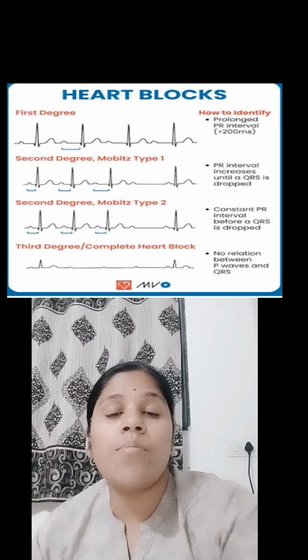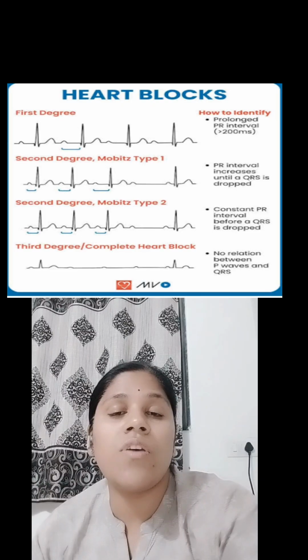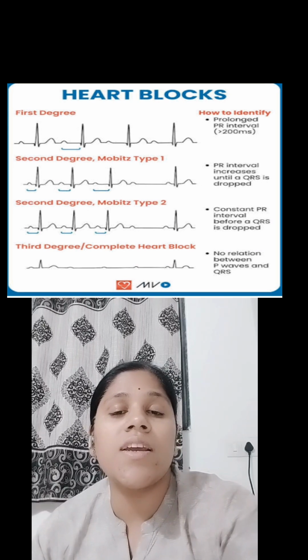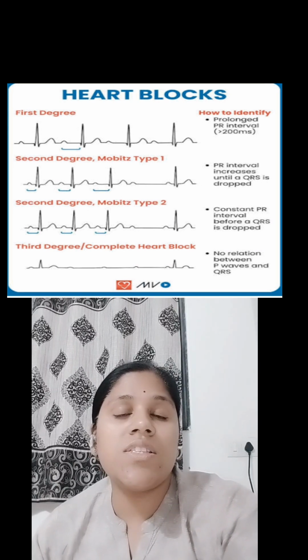And in third degree heart block, there is no relation between the P wave and the QRS, because the atria are contracting independently and the ventricles are contracting independently. So these things we need to see, and